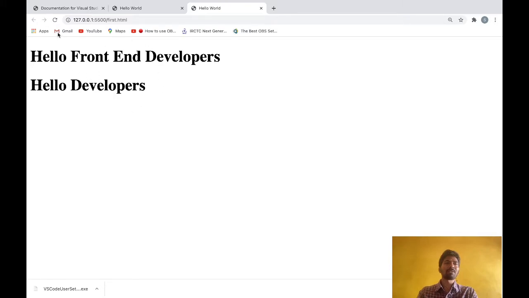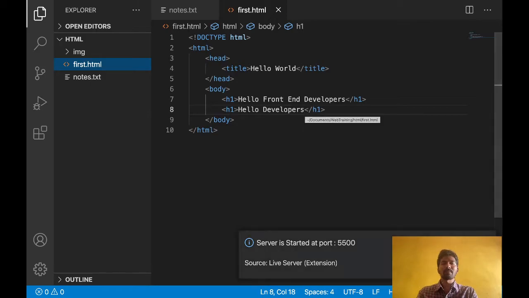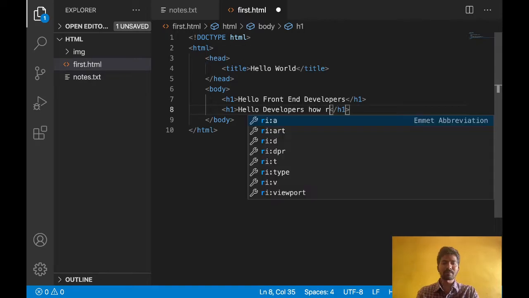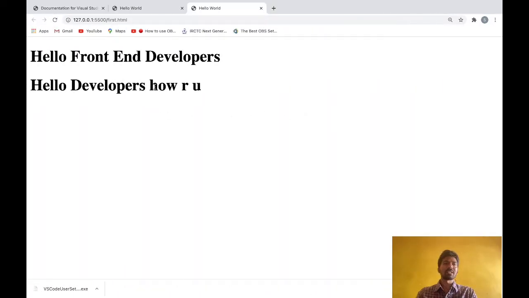Next time onwards you need not click this. When you change something here, for example, hello developers, how are you, and save, see, how are you is coming without clicking refresh. My content is refreshing here.